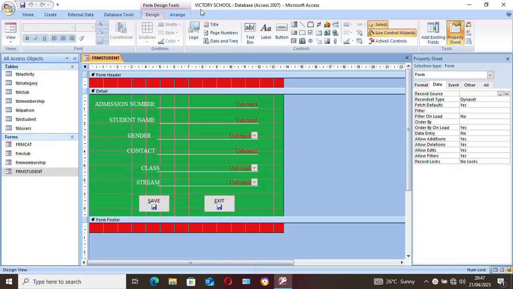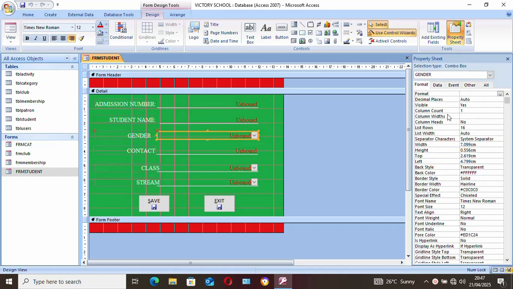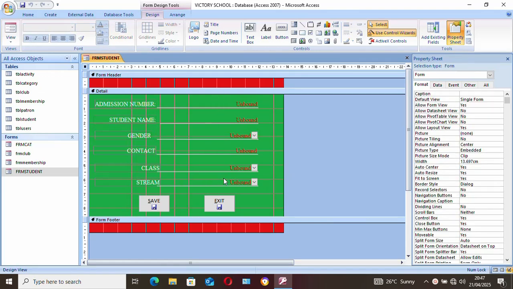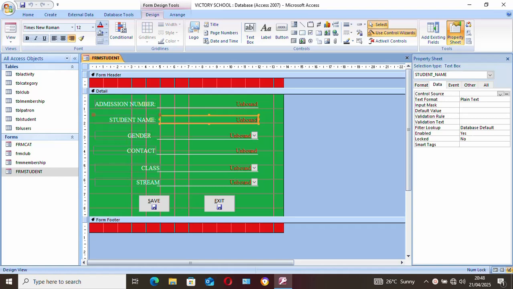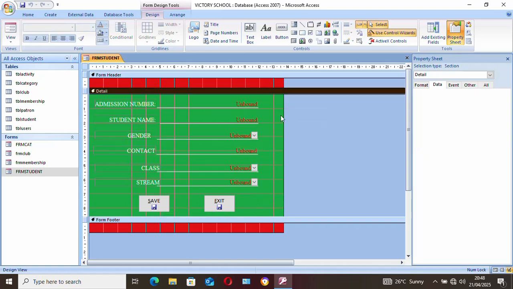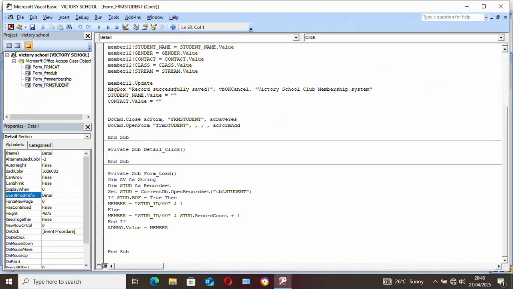What you're supposed to know is that on this combo box you're supposed to set the column count to 1, and then disable the column header. So this one was here, so you're supposed to put it now, and once you do that, your form should work. And this one is disabled, so because you have copied the other, you just click this one, go to data, and where it says locked, you say no, same case with this one. Then from there just go to form load, just like we have been doing, and make changes to this one just like we have been doing to the forms, and with that we have completed